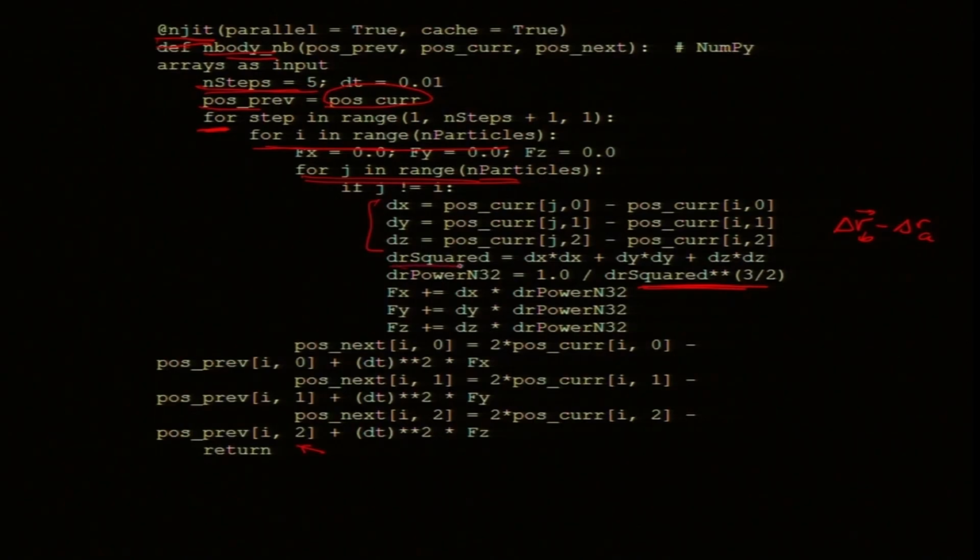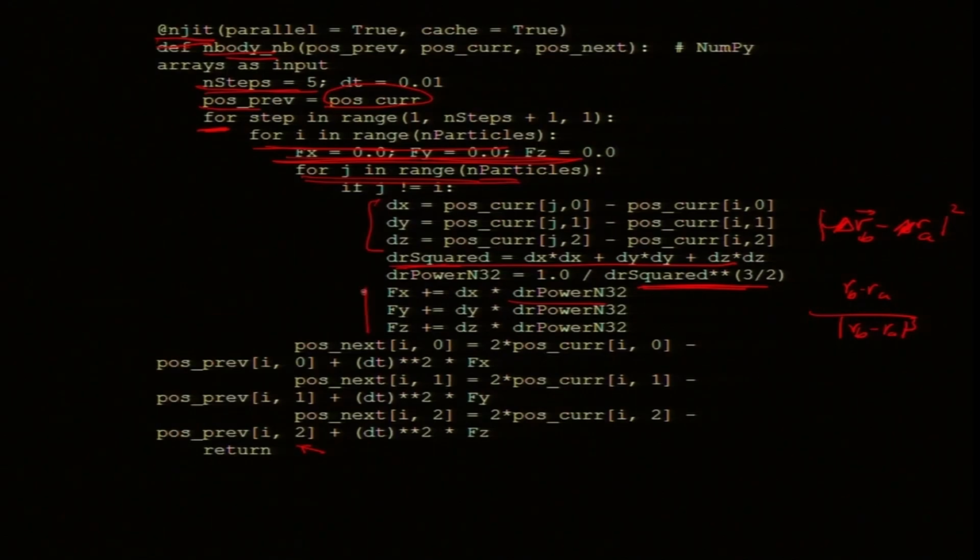You need to first do the square, so the mod of this, square it. This is the formula, square, then this 1 over R cube, and the force will be delta, R_B minus R_A, divided by the cube of the distance. This was for a single particle, but I need to add for all the particles. So, first set the force to 0 for every particle, then loop and keep adding the force, and I will get the net force.